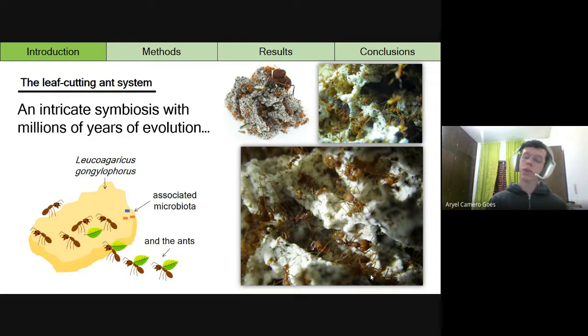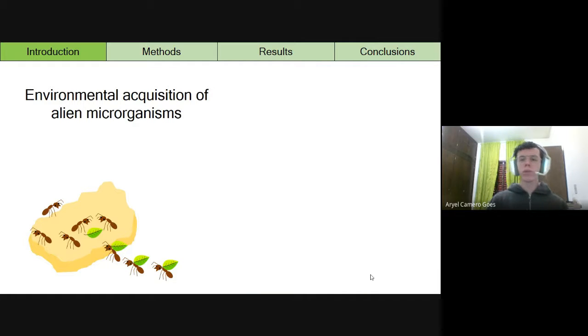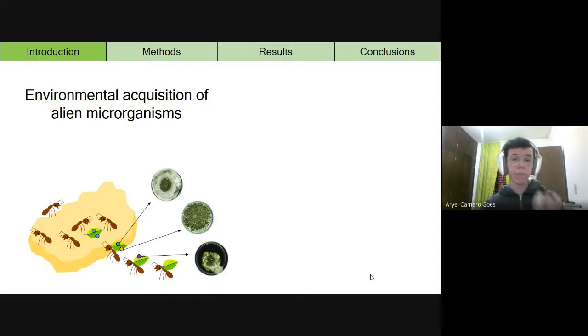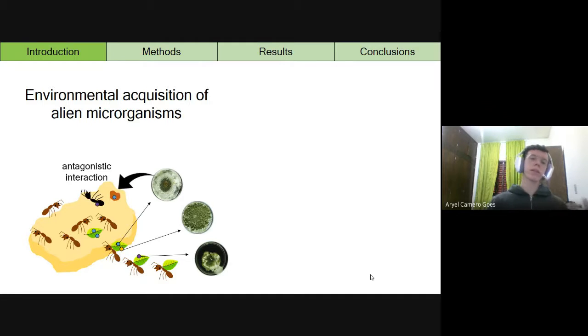Together, they compose an intricate symbiosis that allowed the actors to inhabit distinct niches and environments throughout millions of years of evolution. However, during their activities to manure the fungal crop, for example, the ants can bring through the leaves or even onto themselves alien microorganisms that don't belong to this symbiosis. Once inside of the colony, these microorganisms can cause antagonistic interactions to the ants, to the fungus garden, or even